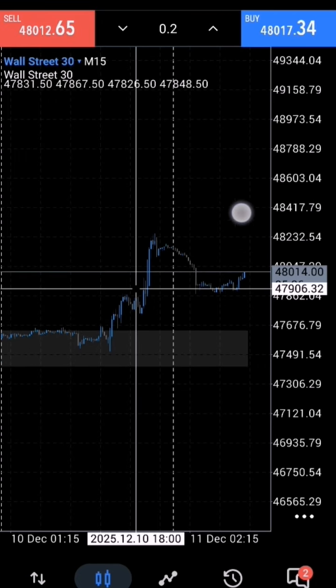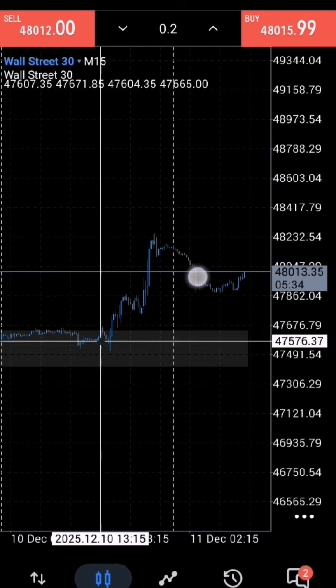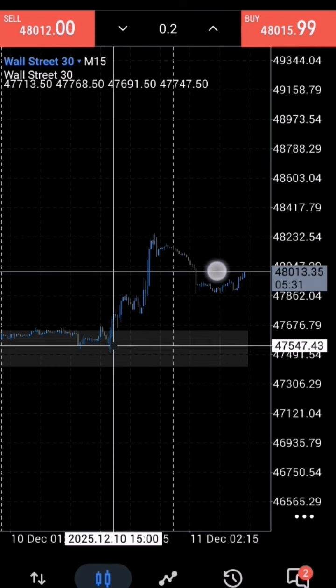If you're someone who trades smart money concepts or ICT, you know that it's important for price to take Asian lows before you